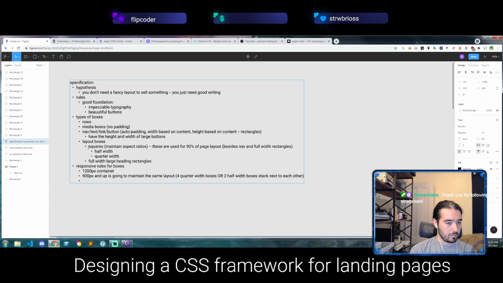Okay, below 900 pixel width, we'll say based on viewport. Below 900 pixels,